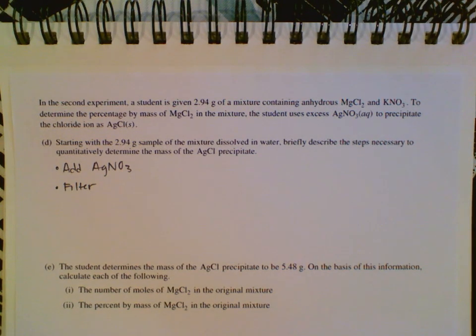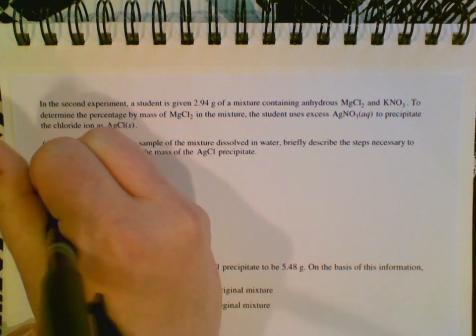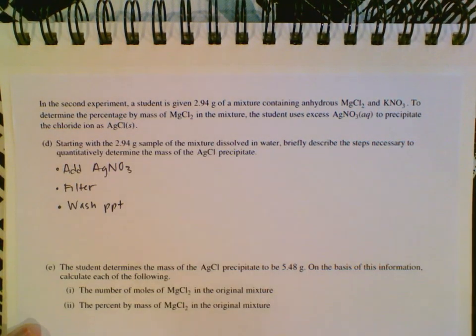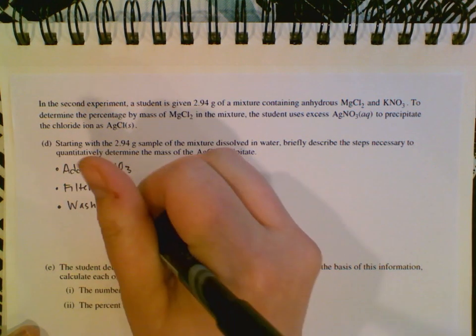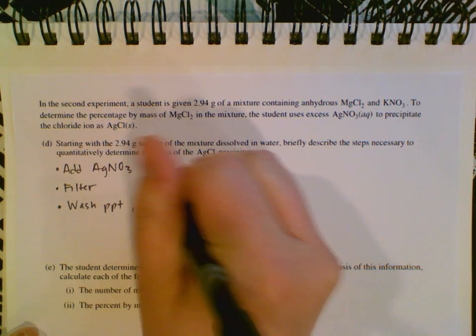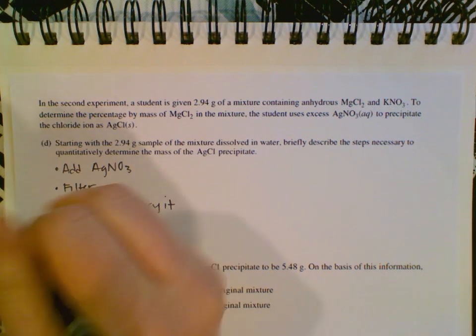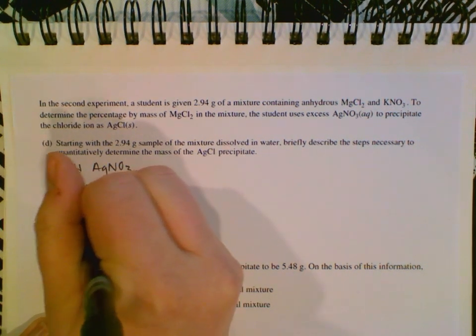So you're going to set up your filtering apparatus, run the filter, all the silver nitrate hopefully has reacted and you have the silver chloride precipitate, so you're going to filter that. Then you wash your precipitate. You always wash the precipitate off and then you dry it. Put it in an oven overnight to get all the extra water out, and then you have to weigh the precipitate and the filter paper